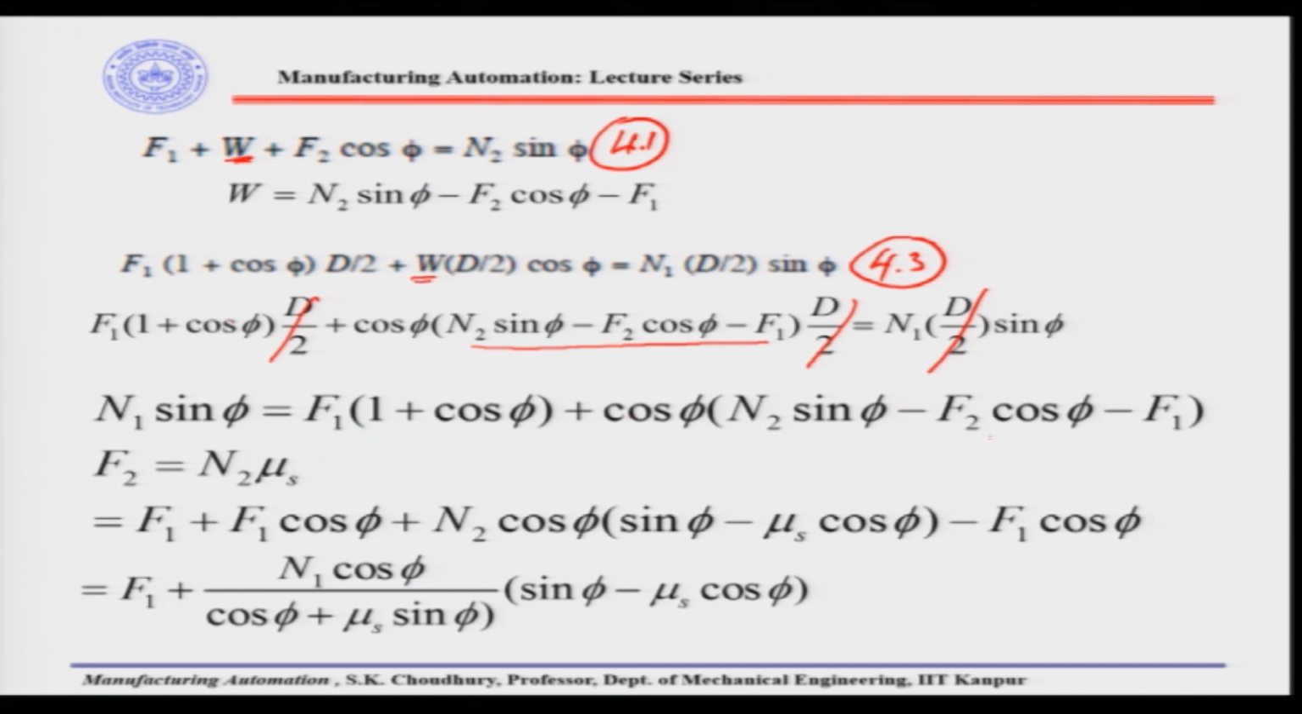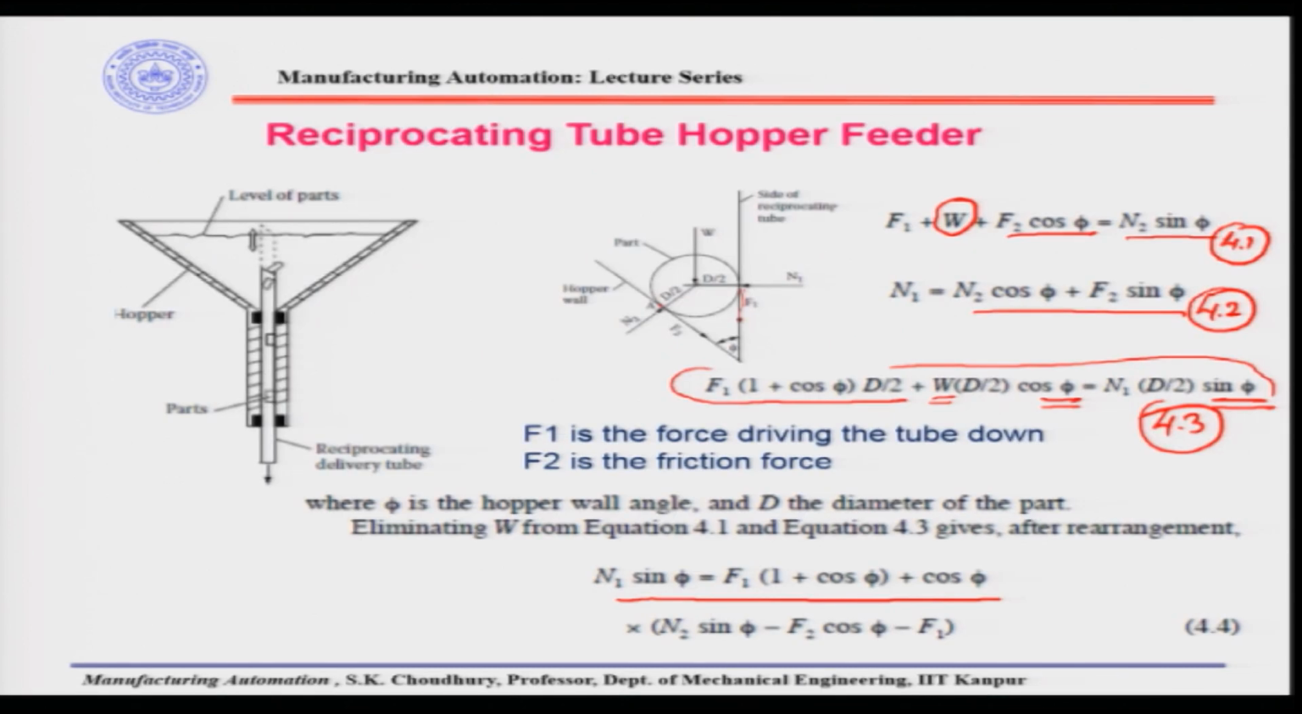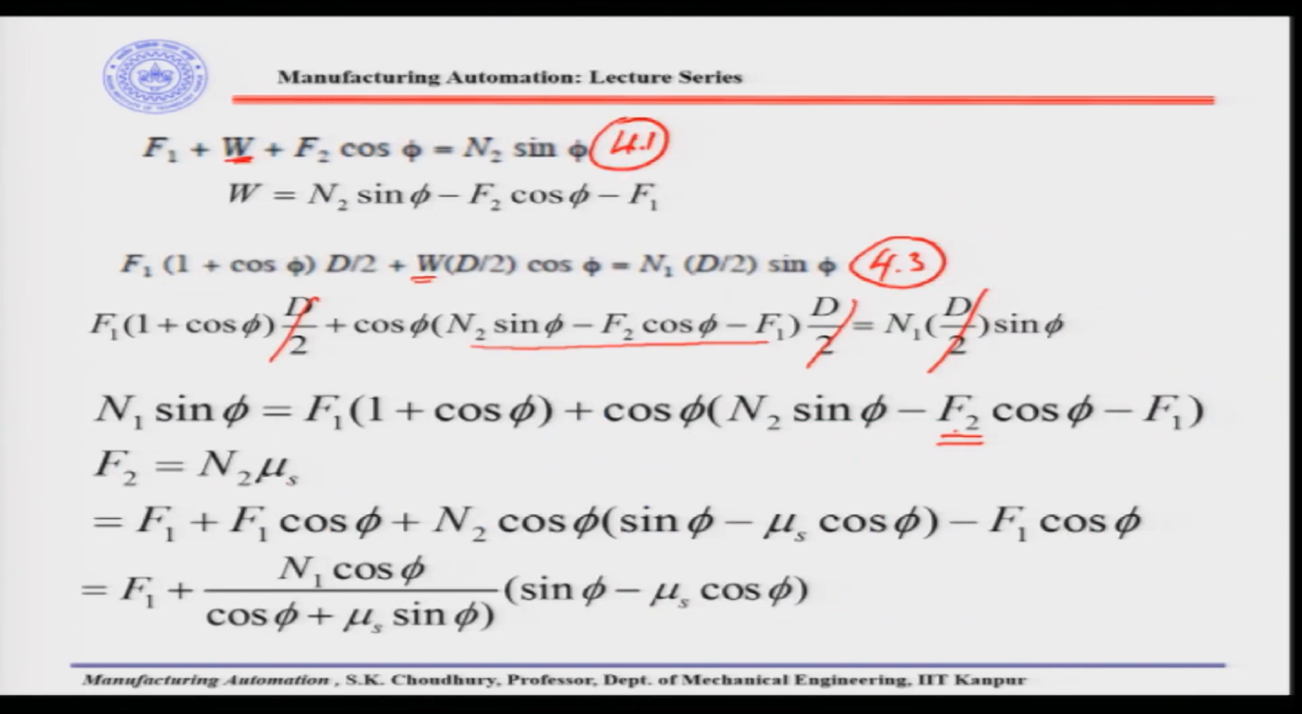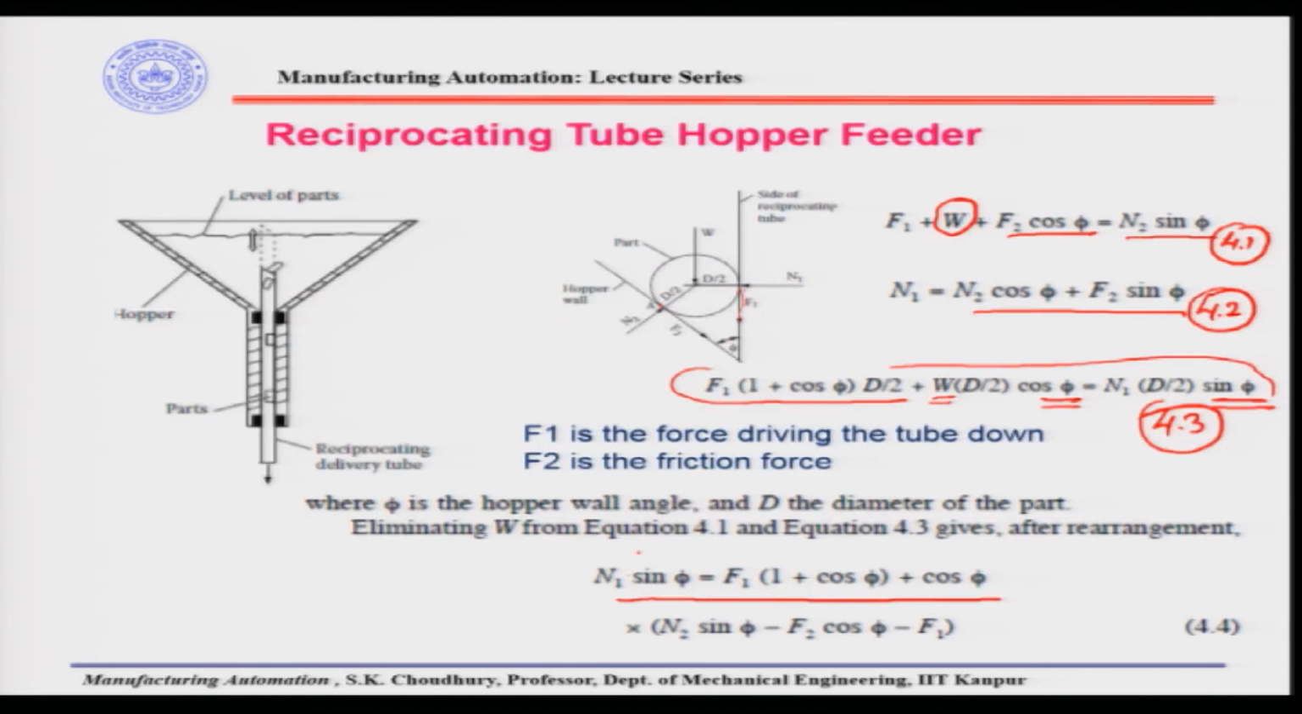Now, F2 is equal to N2 into mu s. What we are saying is that F2 is the friction force because of the N2, which is the normal force. Therefore, F2 is equal to N2 into mu s. So, we are putting that value of F2 as N2 into mu s, and simplifying we are getting this equation. So, finally, N1 sin phi is equal to F1 into 1 plus cos phi plus cos phi into this factor. Okay. So, how this is getting affected, and from these three equations how we get into the design aspect,